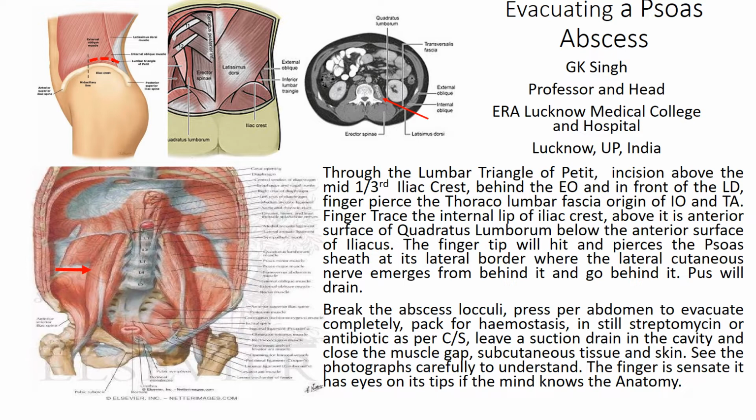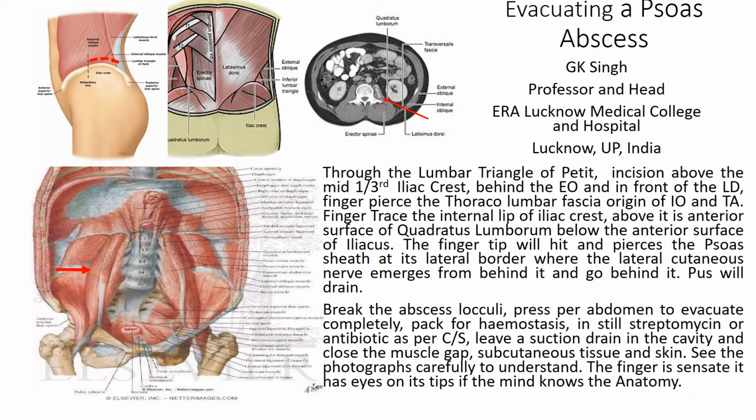In the diagram above, you see the lumbar triangle of Petit. The middle third of the iliac crest is below the posterior border of the external oblique, and the anterior border of the latissimus dorsi make this triangle. If you see its base, you would find the origin of the internal oblique and transversus abdominis. In the posteriormost part, you see the thoracolumbar fascia. The idea is that you pierce the skin and the subcutaneous tissue, go between the latissimus dorsi and the external oblique, pierce the thoracolumbar fascia,